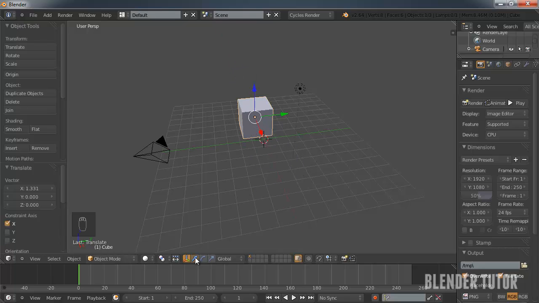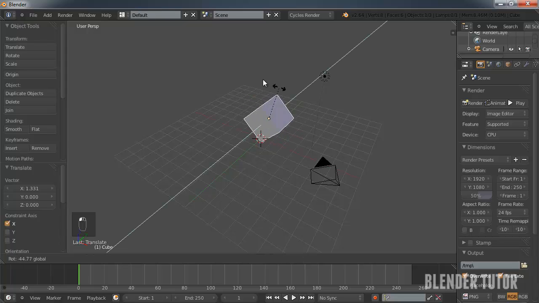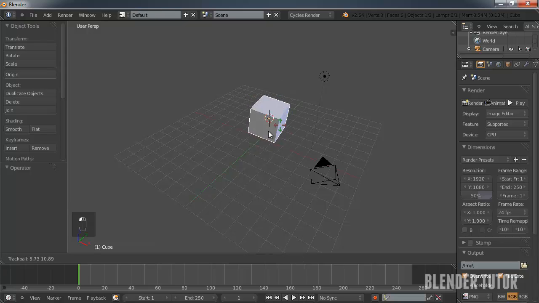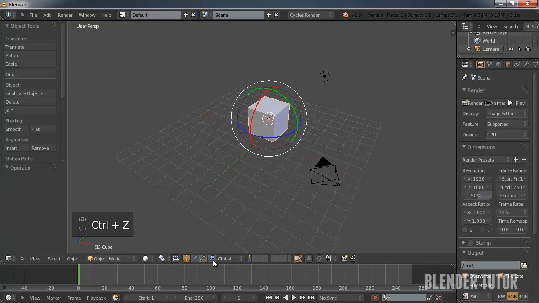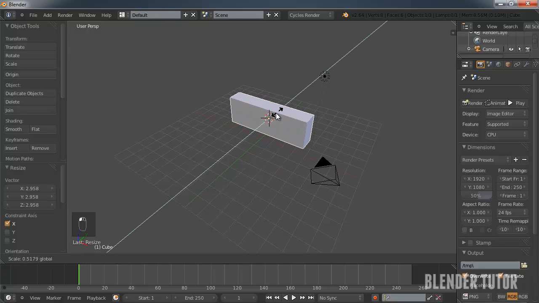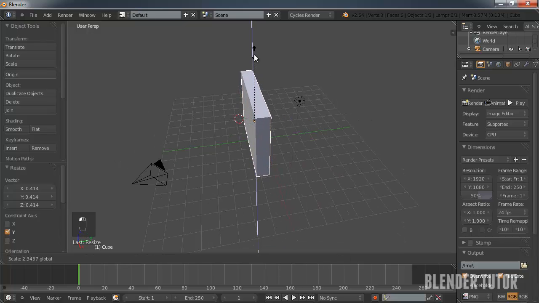And then if you want to rotate, if you click on this curve right here, it'll bring up this little ball, and once again you can just rotate along the Y, X, Z. If you see this little white circle in the center, you could actually free rotate it. So if you click in there, it'll just let you rotate in any direction you want. And then last, you'll have this little line with a square at the end, and that's going to let you scale in different directions. So once again, you can scale along the X, the Y, and the Z.